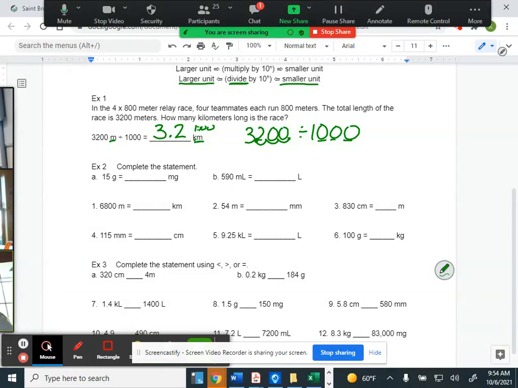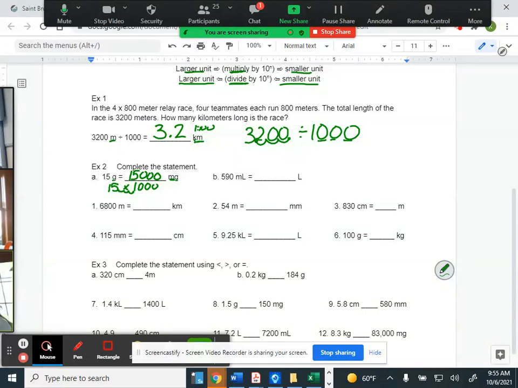That's all we're doing here, just doing those conversions, moving that decimal point. So, 15 grams to milligrams. When it's mg, it's milli. Remember, milli is the small. So here we're going from a larger to the smaller, so we want to multiply. So it's 15 times milli. Milli means 1,000, so we're going to multiply by 1,000. We're going to move that decimal place over 3 spots. So we want those 3 zeros, and it becomes